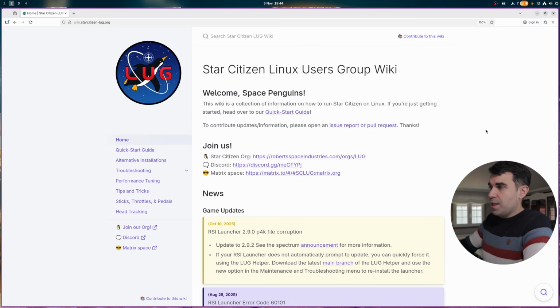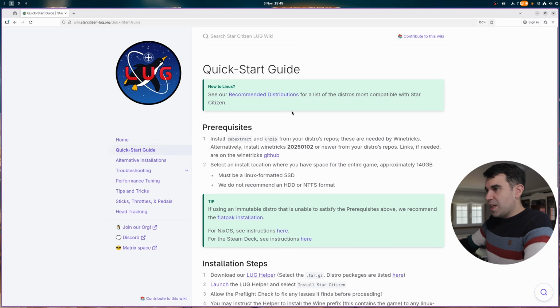of Linux. Today we're just going to focus on the installation, but I do encourage you to bookmark this website or come back later and check some things out here, because you can even set up head tracking among other things, right? You could even join the Star Citizen org that they have, join their Discord, and even their Matrix space. Right, so we're going to head into the quick start guide, and here we're going to, just in case,